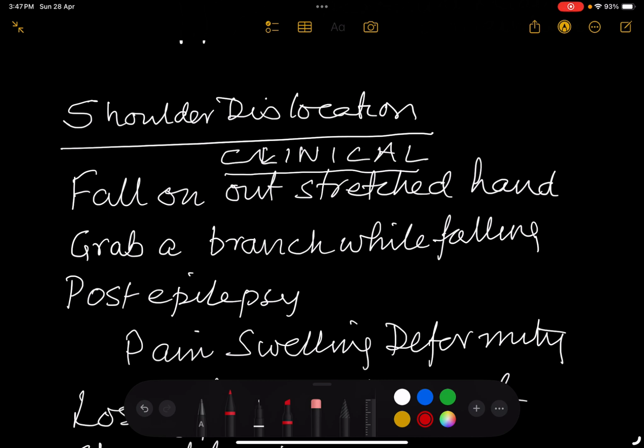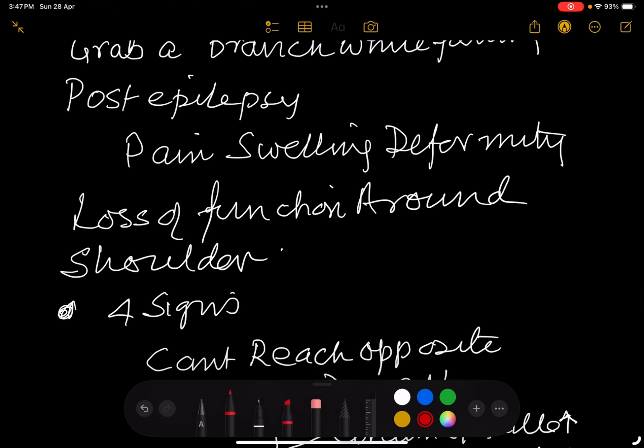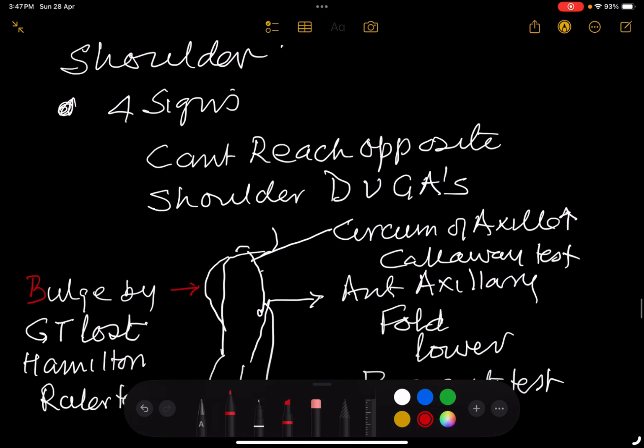Clinically, there's a fall on an outstretched hand, or a person may have grabbed a branch while falling from a tree, or there had been an epileptic attack, and there's pain, swelling, deformity, or loss of function around the shoulder. The 4 signs are: